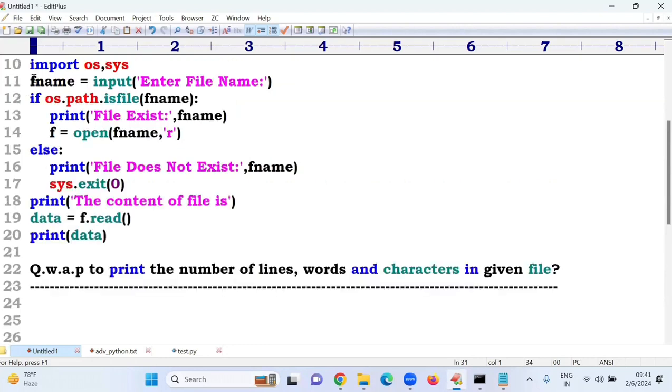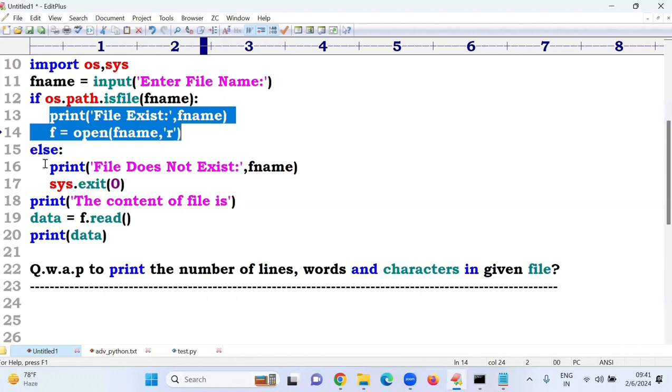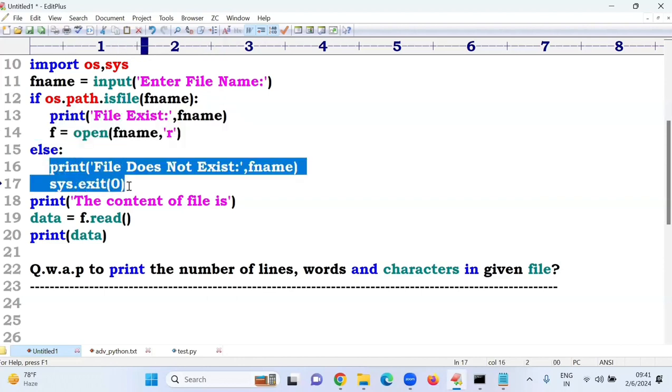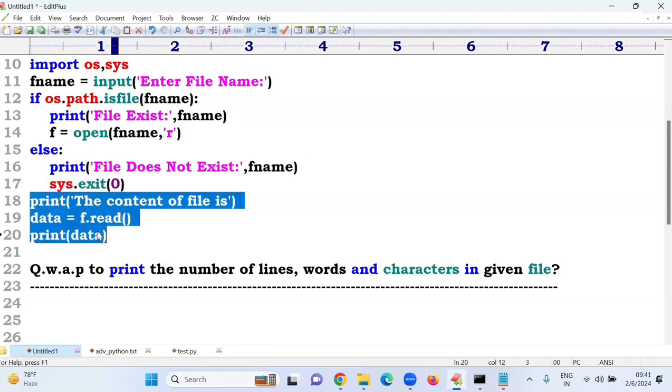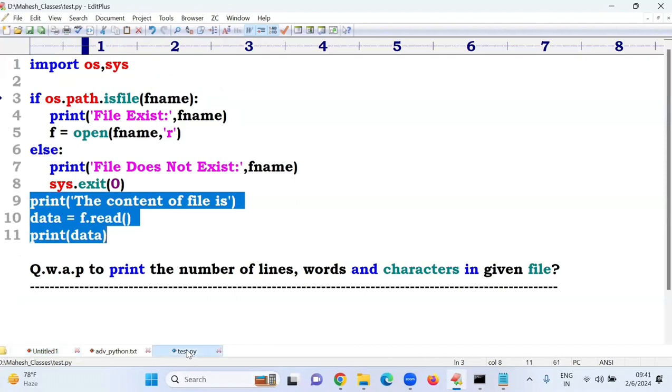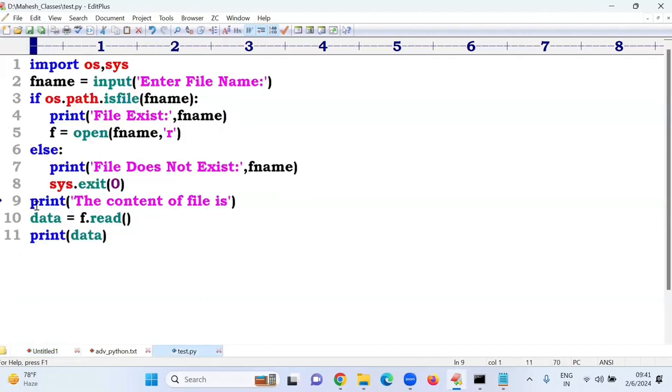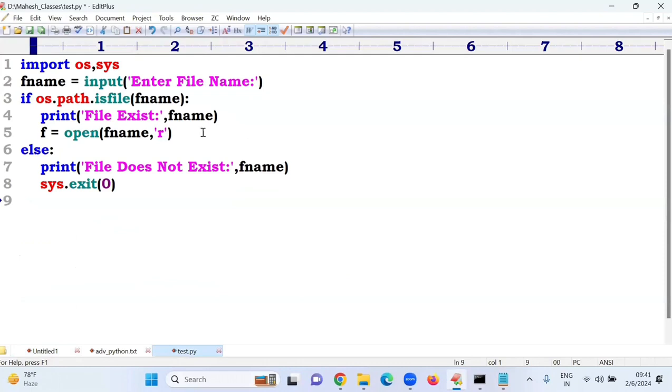This is the program. I am taking a file name from the keyboard. I am checking if the file is available. File exists, open. It's no, does not exist. Once exit is there, it will shut down. Then remaining could not execute or else it will be executed. Fine. Okay. Same. If I am writing like this,